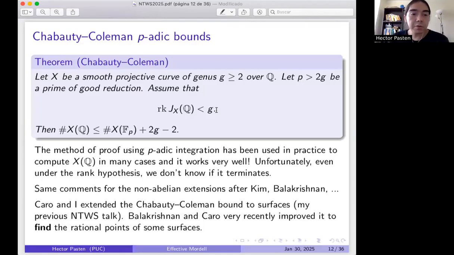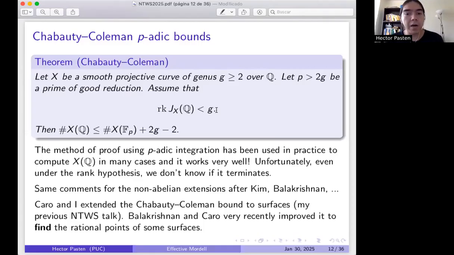Well, something else I want to mention is that Gerson Caro and I extended the Chabauty-Coleman bound to surfaces. This was my previous talk in this seminar a few years ago. Time flies. It was some time ago. Yeah. And Balakrishnan and Caro, very recently, maybe 2 weeks ago, 1 week ago, I'm not sure,